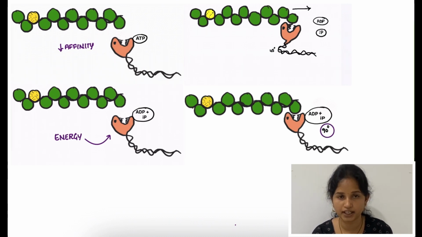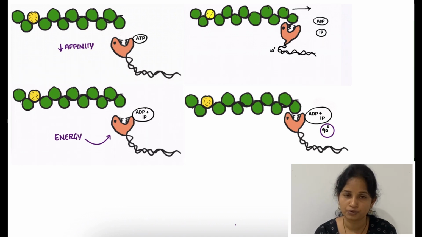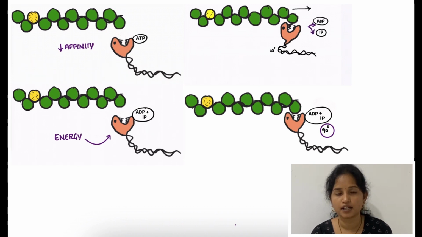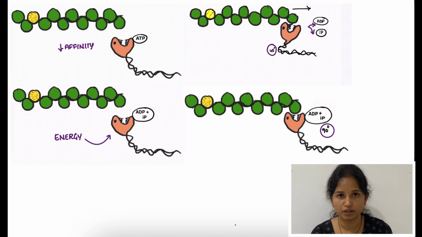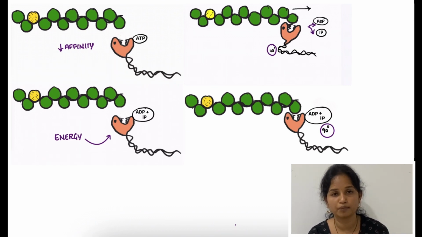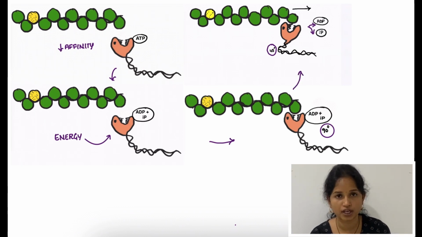Now because of the bending of the head, as it is attached to the actin active sites, it will move the actin medially. What will this cause? It causes contraction of the sarcomere. You can see a decrease in the size of the sarcomere because the actin molecule is pulled medially. Now a new ATP molecule has to come and attach to the ATP binding site on the myosin. Then it causes decreased affinity of the myosin head to the actin, and it will be released from that site.